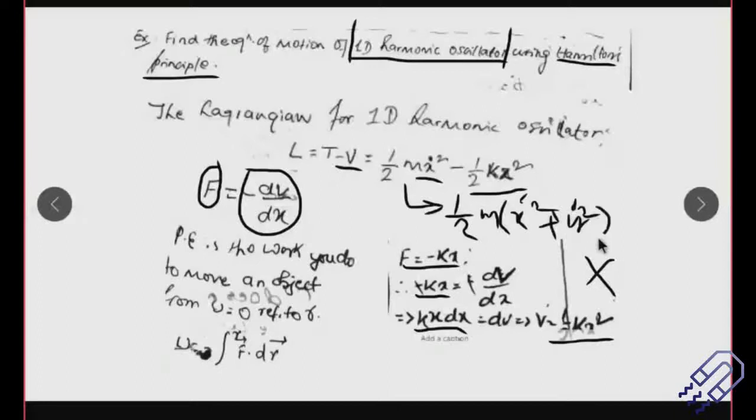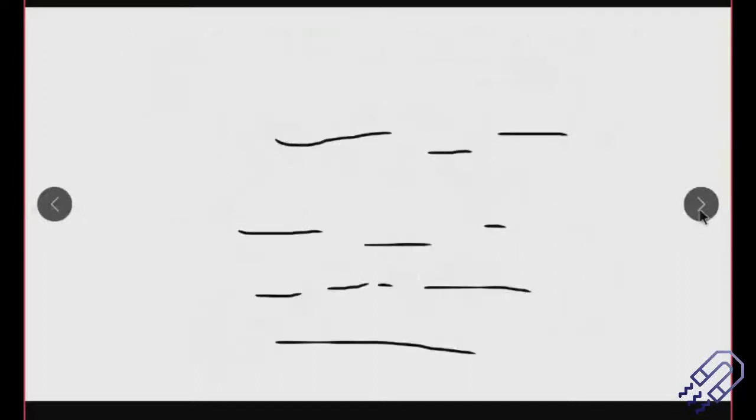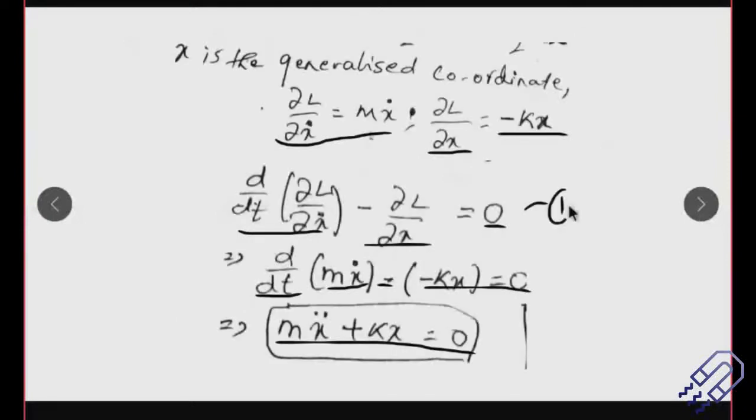If you have two generalized coordinates, you will have two equations of motion, just like that problem that we have done for a projectile motion. So here this won't be the only equation. There will be one more equation. So this will be one equation, and then one more equation will have y in it. So d/dt of ∂L/∂y dot minus ∂L/∂y is equal to 0. And once we put everything there, we actually get the final answer. So you can have two equations of motion, one along the x-axis, one along the y-axis. And if you have more equations of motion, you can find out the unknowns much more simply. So it depends on what kind of questions you are having.